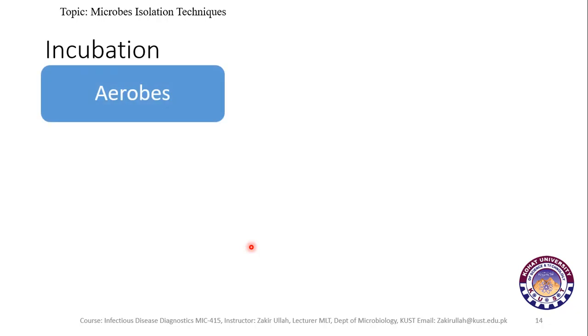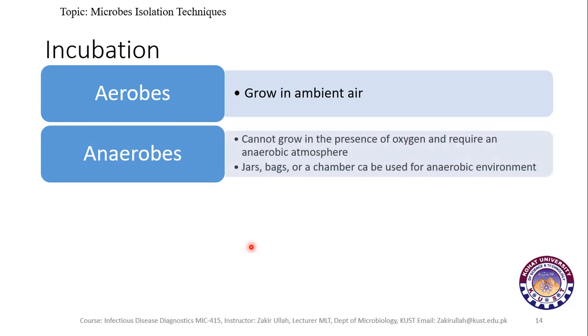The different types of microbes on the basis of the gases they use: the aerobes, which grow in air and need oxygen for their requirement. So they are incubated at 35 to 37 degrees centigrade in normal atmospheric conditions. The anaerobes are the organisms which do not require oxygen and cannot grow in the presence of